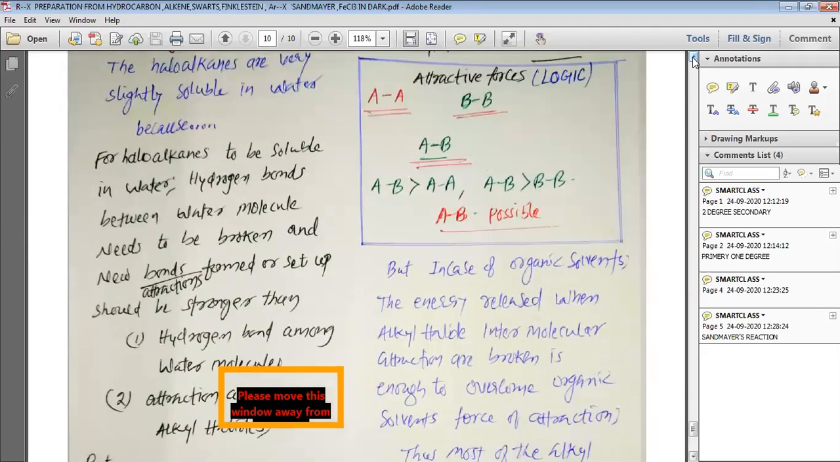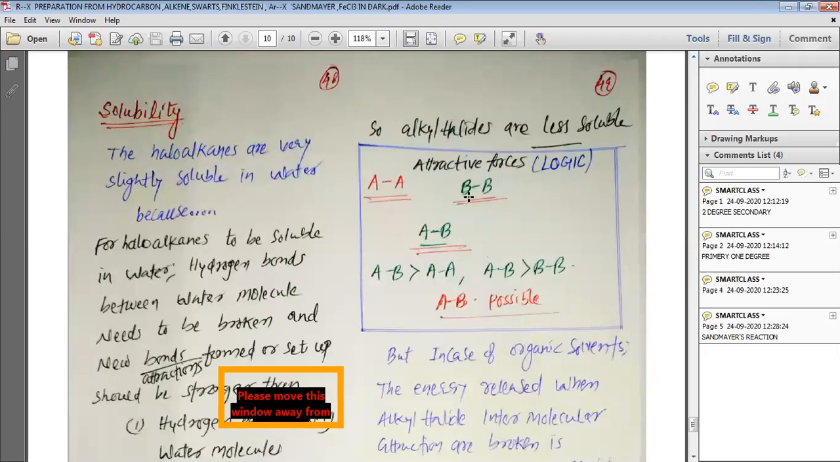So my dear students, instead of BB being water, if we take kerosene or carbon tetrachloride or benzene or other non-polar solvents, then you can easily understand that AB is more than AA. So the force of attraction between the solvent and alkyl halide is more than the alkyl halide attraction. At the same time, the attraction between the alkyl halide and solvent is more than